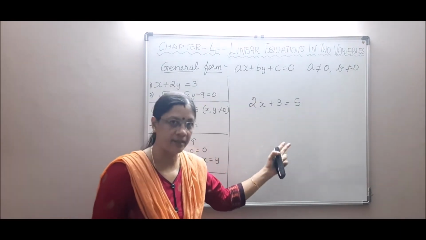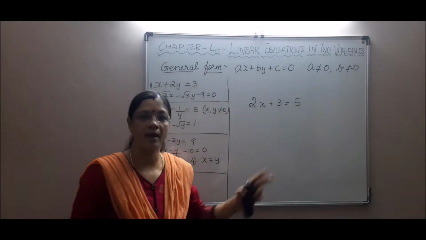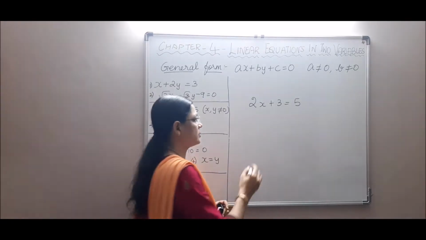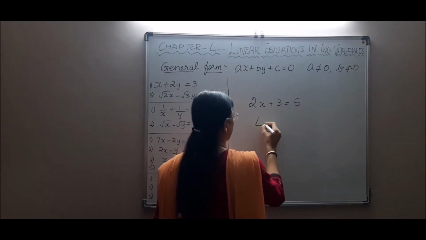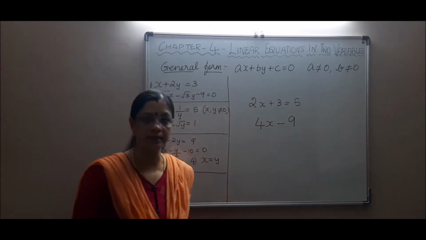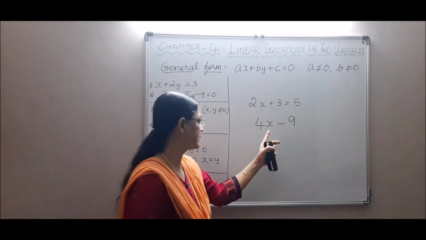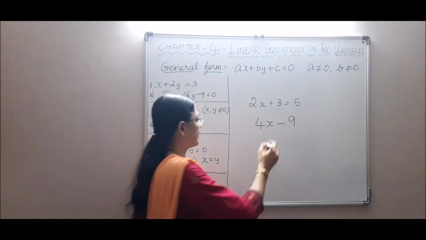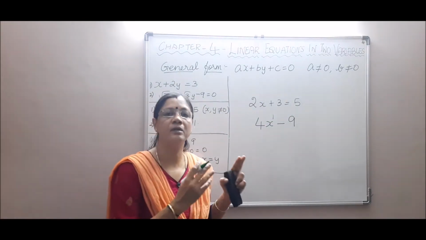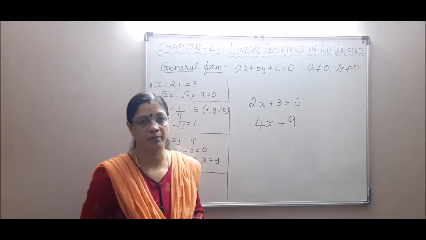I have said this as an equation because the left hand side is equated to the right hand side. We have a term there. So this is called an equation. If at all I write a polynomial, see 4x minus 9. If I write it like this, see it has a single variable because it has only x in it, and the power of x is 1 here. So the maximum power of the variable is 1. So we call it a linear polynomial.